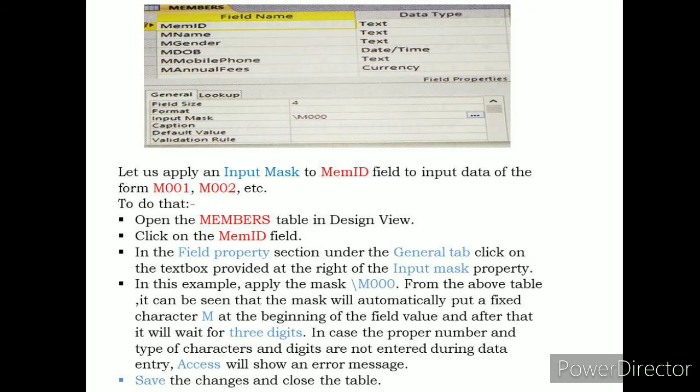In case the proper number and type of characters and digits are not entered during data entry, Access will show an error message. Now save the changes and close the table.